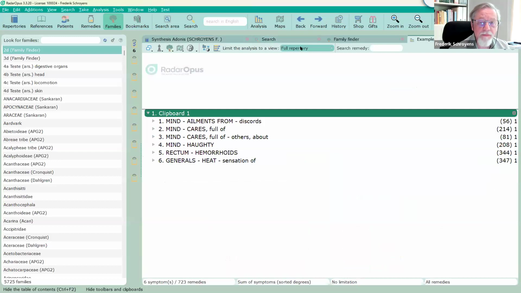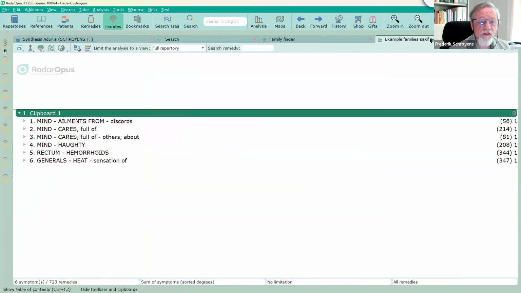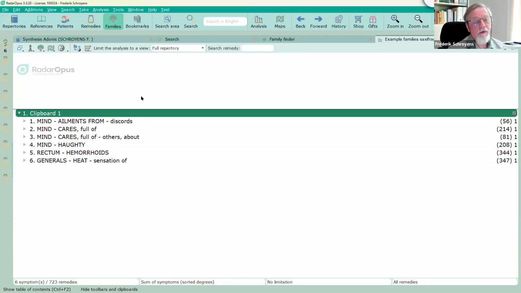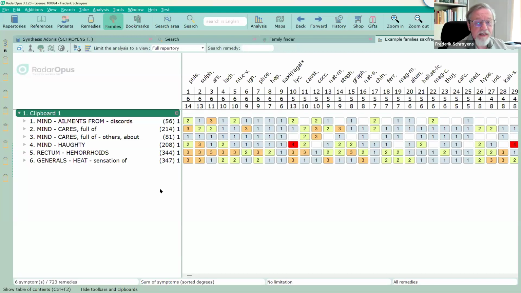So here is a case, okay? This is a case of hemorrhoids, the main problem. And we have some mental symptoms: ailments from discords, full of cares, haughtiness, and a sensation of heat. I have taken very regular symptoms as all our predecessors have done. And when I analyze this case, I see, of course, the